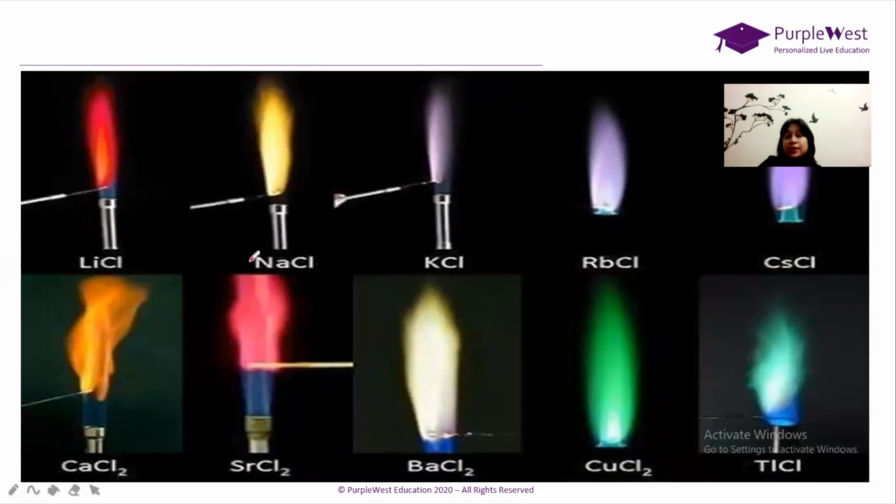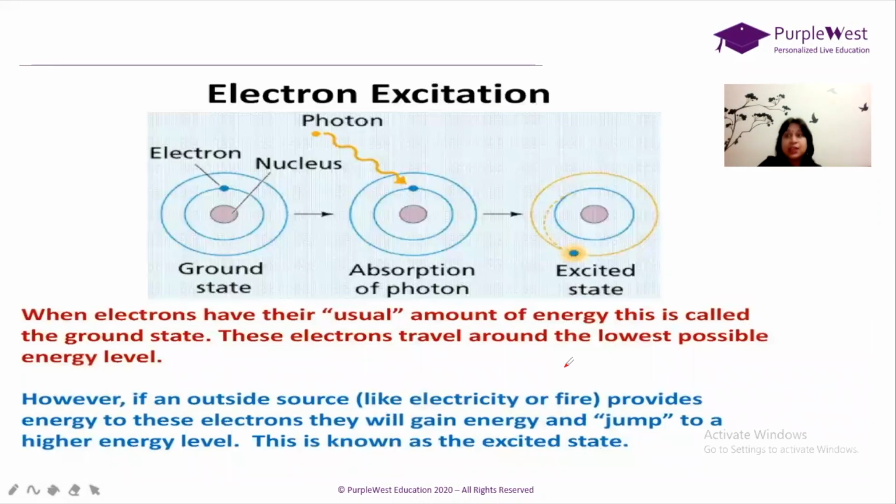Similarly, if you take lithium salts or strontium salts, which are most commonly given by the examiners for salt analysis, strontium salt gives the blood red color. Similarly, copper salt gives the bluish green color to the flame. So definitely this comes to your mind, why are these salts giving different colors? This is one of the most important viva questions, and for the theory paper also it is very important. So I will explain this small concept to you today.